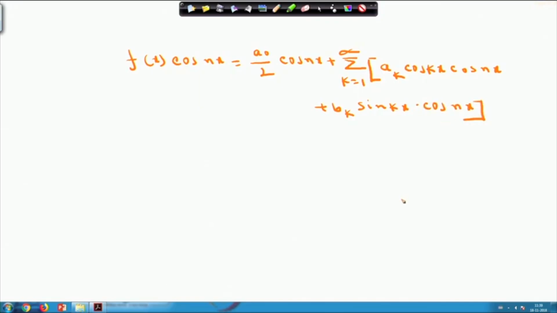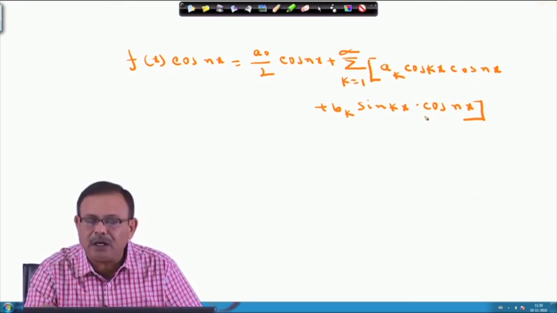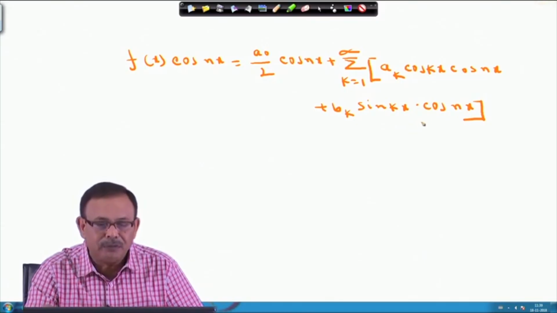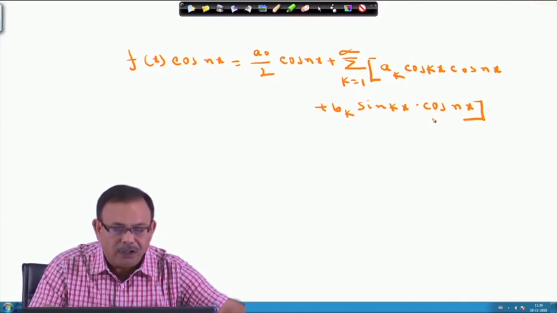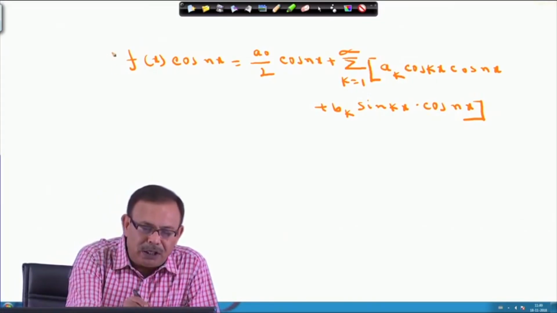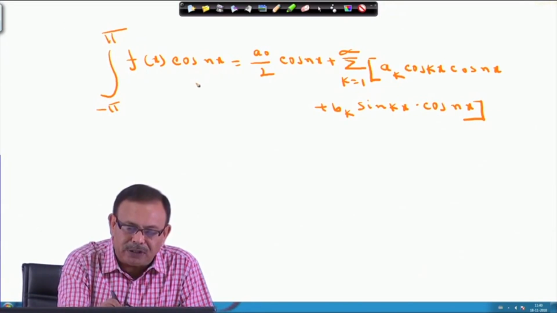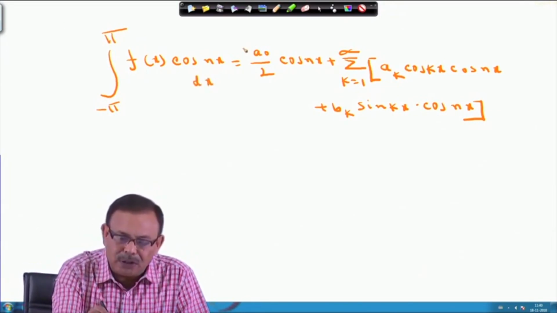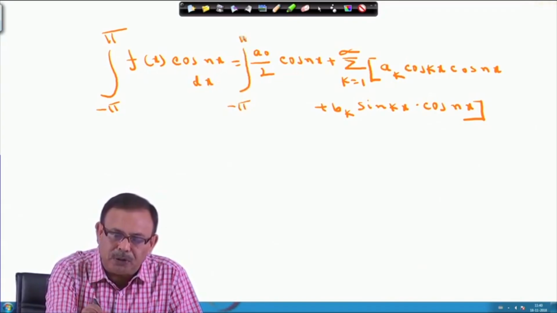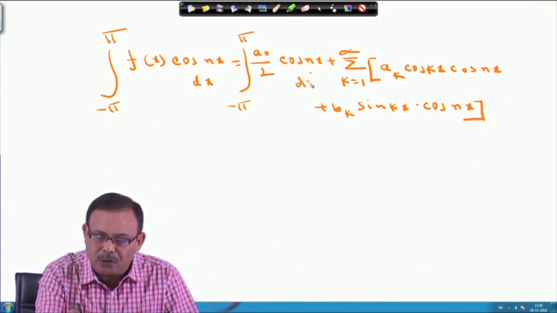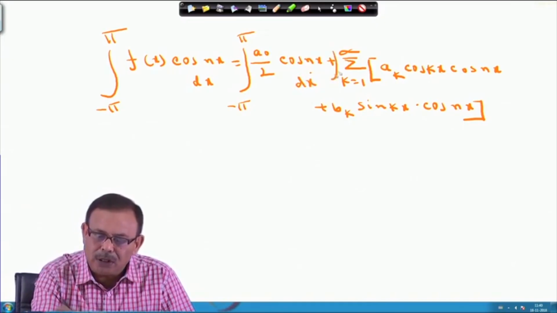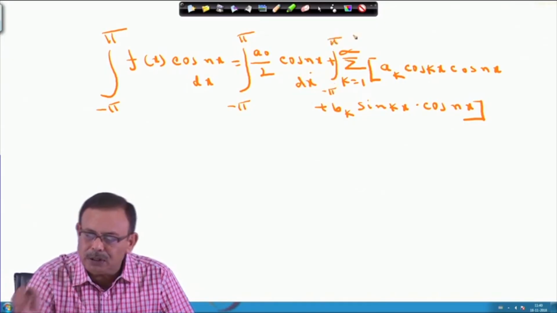So, multiplying both sides of the given equation, I can obtain this. Now, this cos term and this sin term, I can break them and obtain 2 terms of cos over here and 2 terms of sin over here. Now, on this equation, if I wish, I can integrate it from minus pi to pi, so that I can write it as the integral of f x into cos n x dx plus a 0 by 2 into cos n x dx from minus pi to pi, plus this into